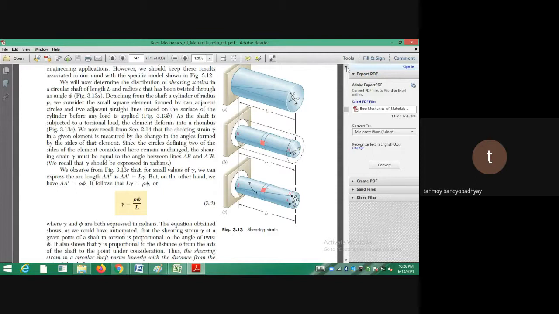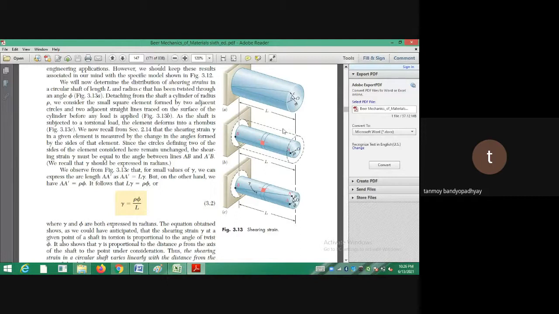So C is the maximum value of rho, or the radius, which in our case we can take as capital R, because generally C is confusing. That is why in many books they take it as capital R. In figure A, they have taken it as C. This is the total shaft, but I am not doing the calculation at the total outer radius of the shaft. I am doing it at a certain reduced length, which is rho or smaller.